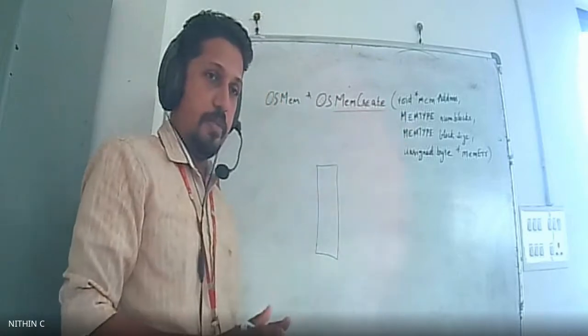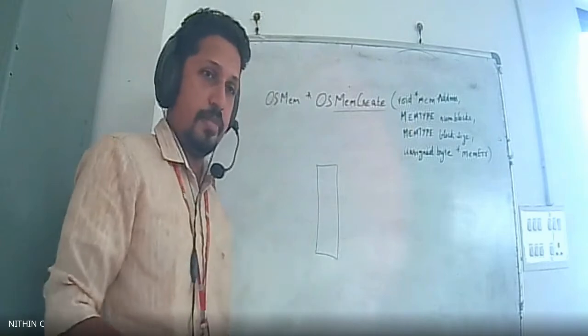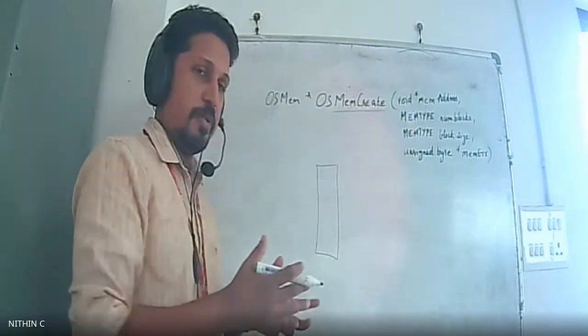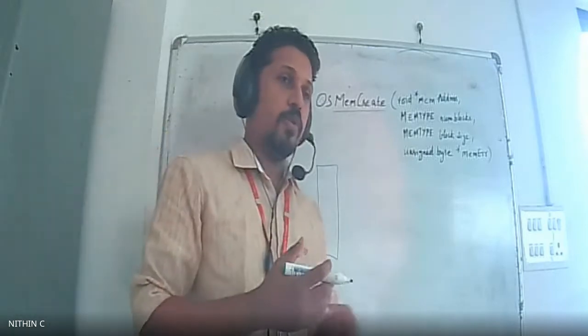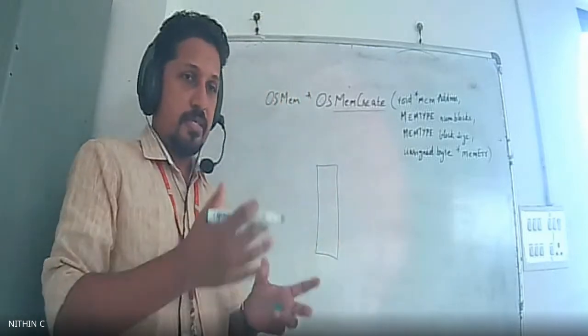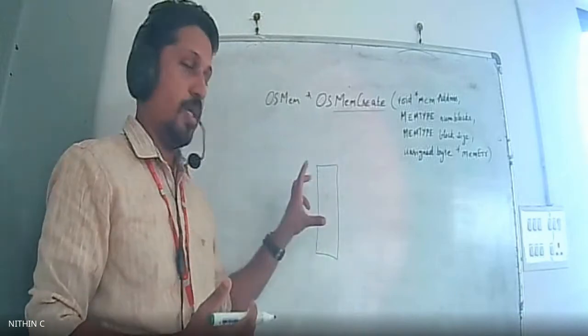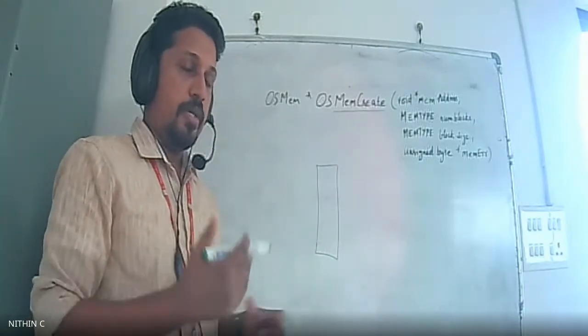You have the physical memory. It's not like we are physically creating a memory. You have a physical memory, but you need to specify some terms. You need to divide that into some blocks and you need to name them, or you need to mention the starting address, etc. Some details have to be mentioned with respect to that particular memory. So what is the use of this memory?